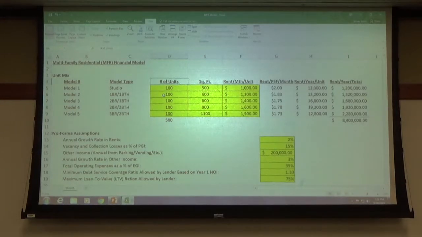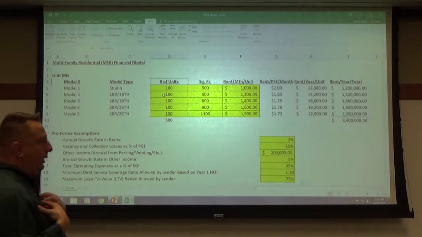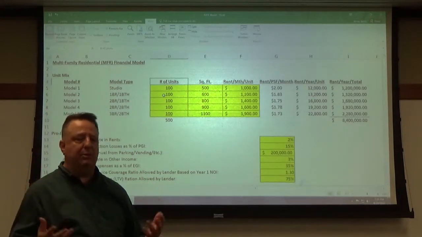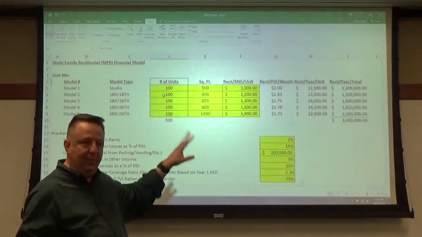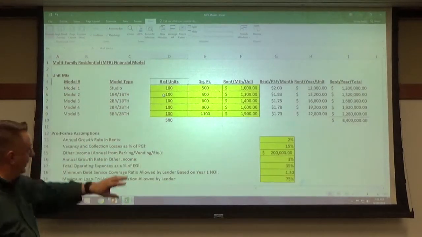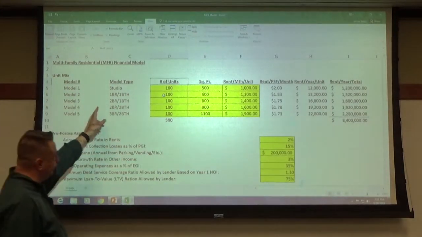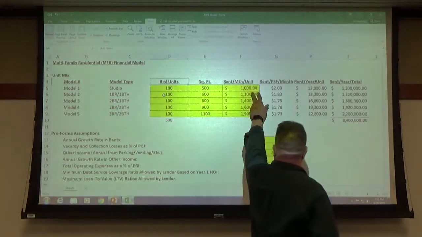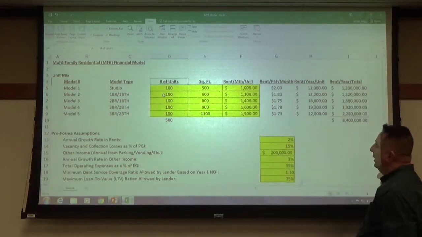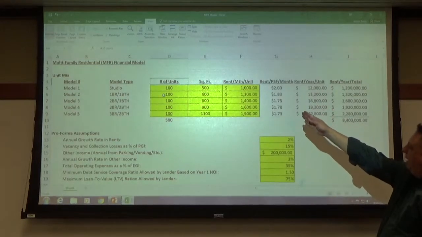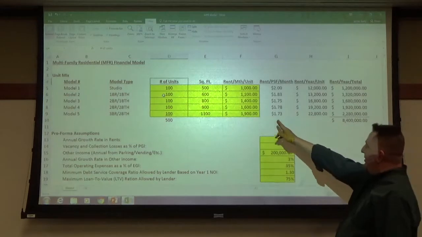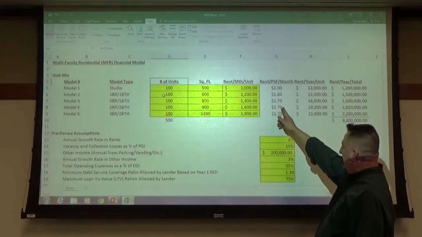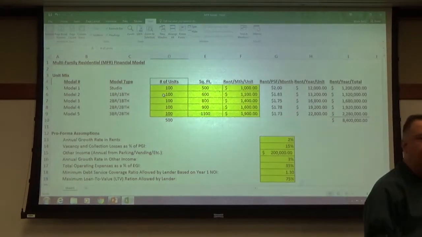Make sense? From a developer's or an investor's point of view, what you're really concerned with is ultimately your rate of return on whatever you build. We'll come to that a little later. So right now, let's just see what we've got. Here is the rent you'd be receiving for each of the units on a monthly basis, so the rent per month, per unit. Everybody cool?